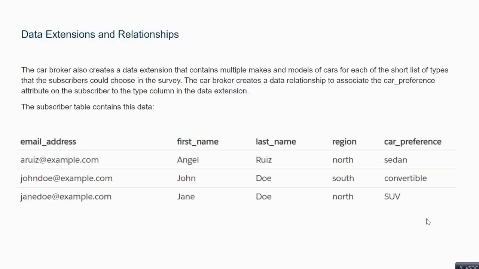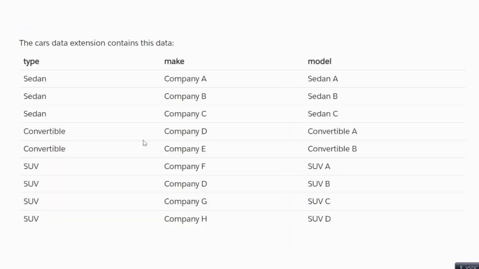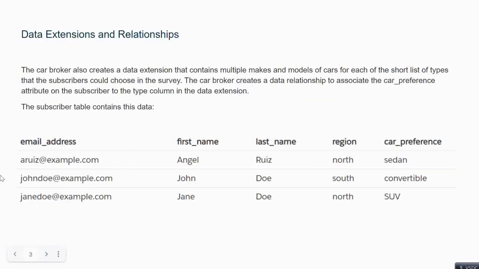It will look inside this data extension for this particular user. Let's say you are sending an email to John Doe, and this person's car preference is convertible. Based on that it will get the type, so it will get the entire row.